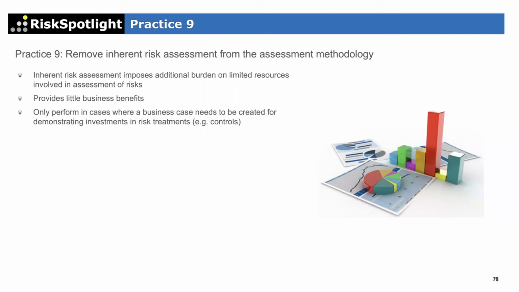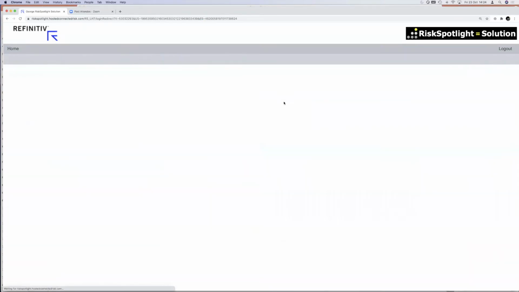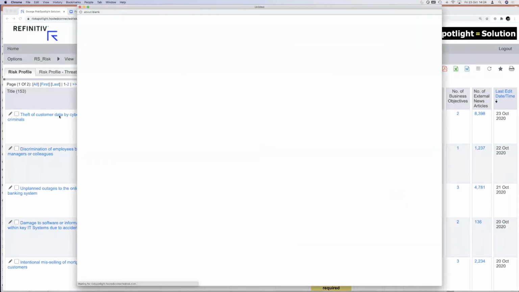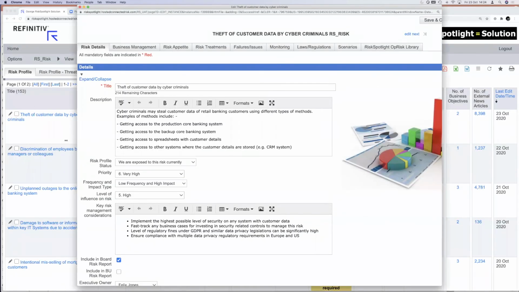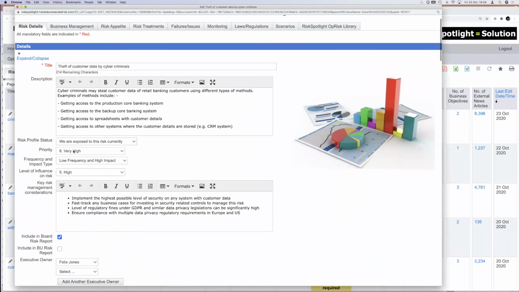Then there's another comment here. Removing inherent risk assessment might have a bigger impact if the risk itself is too big a risk. What to do in this scenario? In that scenario, very easy solution for that, Sridhar. Let me show you how we have addressed that. If I just go to the risk, the way we have addressed that is for each risk, we have allowed the option to create a priority, this one. So you can then easily identify which are the most important risks.